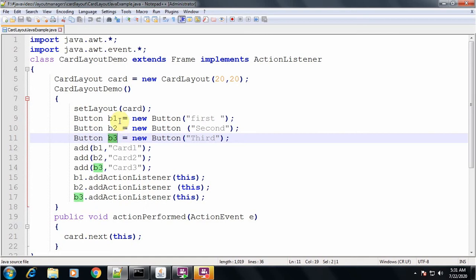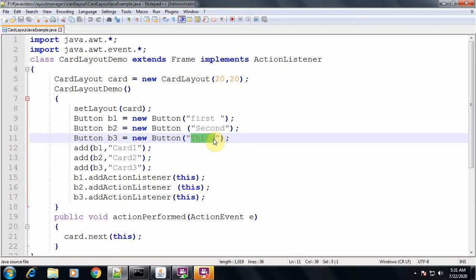Okay, now on the first button b1, the text that will be displayed is first, F-I-R-S-T, and on the second button the label that will be displayed is second, and on the third button the string that will be displayed is third, T-H-I-R-D. This is the label that will be displayed on the button.